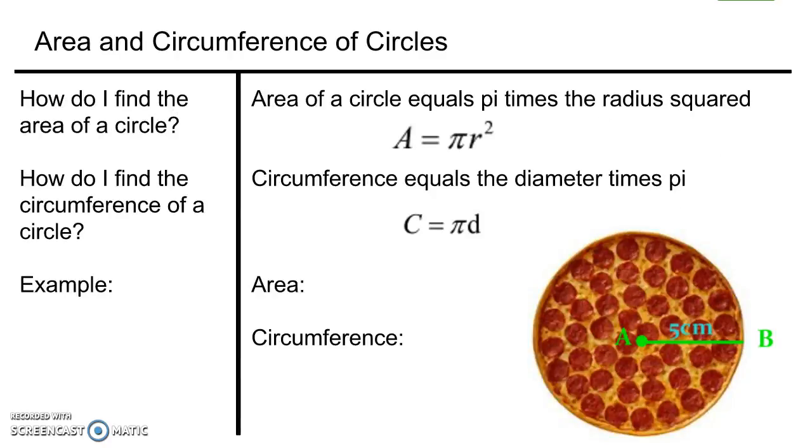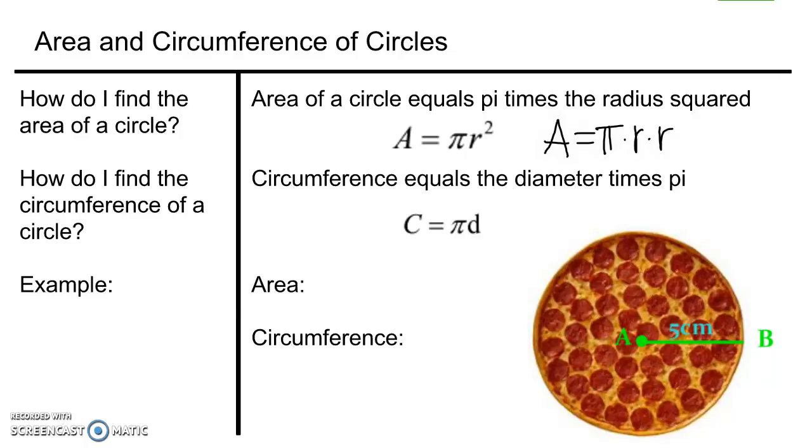All right, getting to area and circumference. You may want to jot these little formulas down if you cannot remember them. It's been a little while since we've talked about this. Area equals pi r squared, and then C, circumference, equals pi times diameter. Okay, remember that radius squared, you could also write that out as A equals pi times radius times radius. That's what radius squared means. It doesn't mean to multiply the radius times 2,